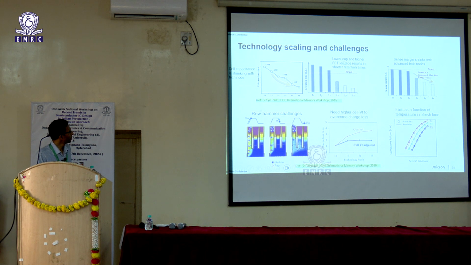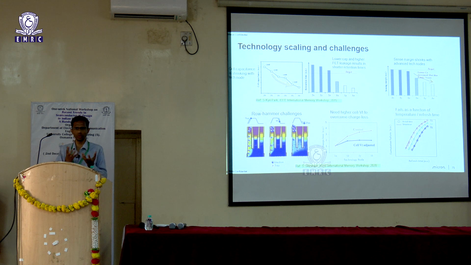And then there is one other downside to having lower capacitance: Q is CV, right? Q is equal to CV, and we are scaling down the capacitance, which essentially means the amount of charge that you are putting on your capacitance is also getting reduced. And now since the leakage is going to remain more or less the same, you are going to leak out faster. The amount of charge is going to get leaked out faster, which essentially means you need to ensure that you are able to refresh it at a faster pace. Refreshing faster means again more power. So that's another challenge that we have to face.